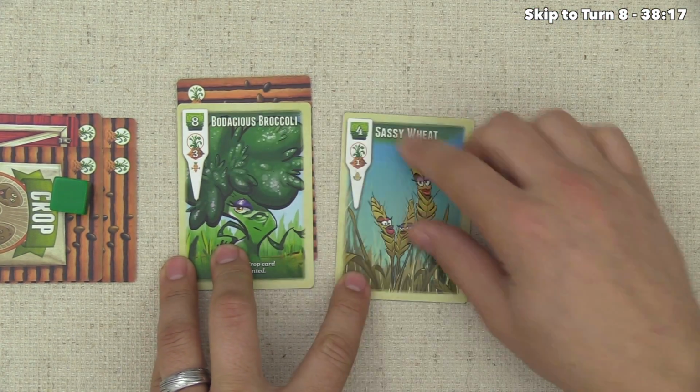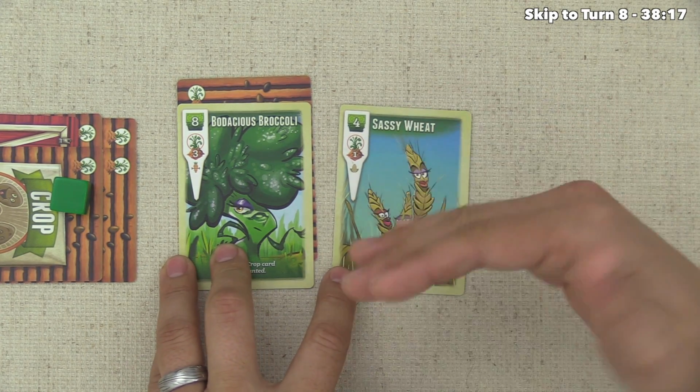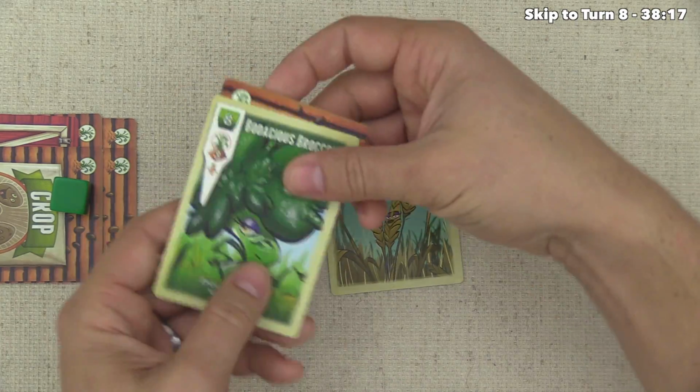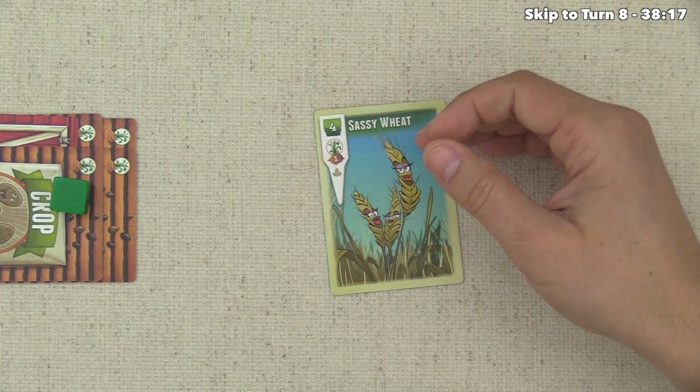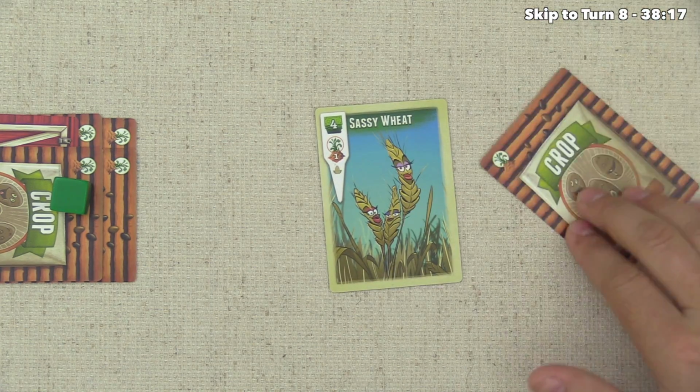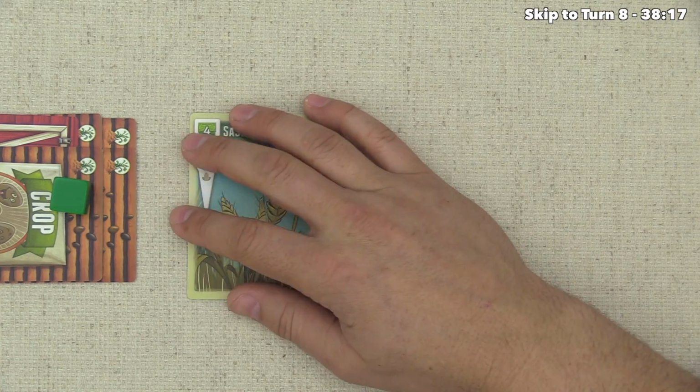But if we get rid of this, they could spend 1 fertilizer to get 4. It's the same ratio, but it's less of a top value. I think it does make sense for us to thresh this Bodacious Broccoli. This fertilizer goes back into their hand. They only have 1 other one, and we know they can only draw 1 at the beginning of their other turn. I think this is probably the best thing for us to curb the amount of max points that the